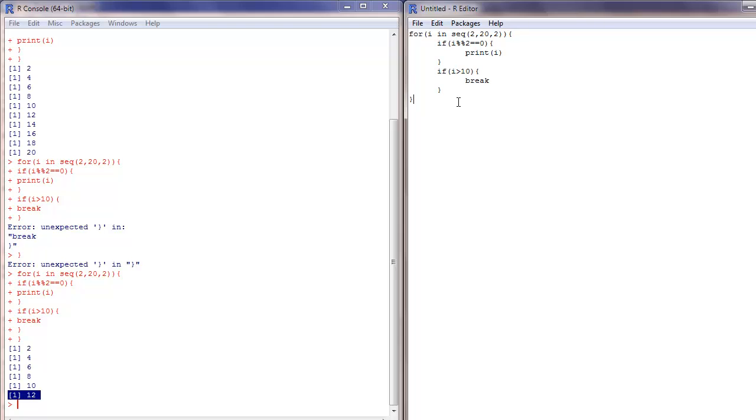Another thing I want to mention here is, say you made some syntax error somewhere in your statements. Let me deliberately make a syntax error. Say if i is greater than 10 or greater than 50, and I do not use the braces to print the i. Close the brackets. There's a syntax error right over here. So when I run this,